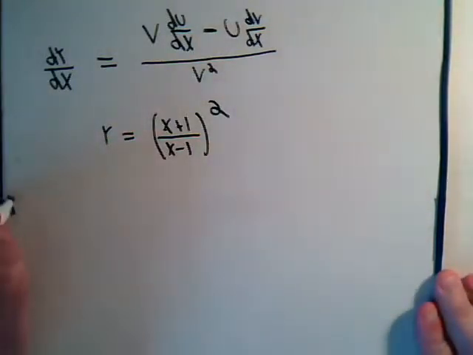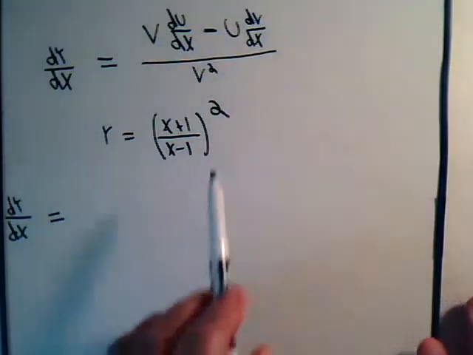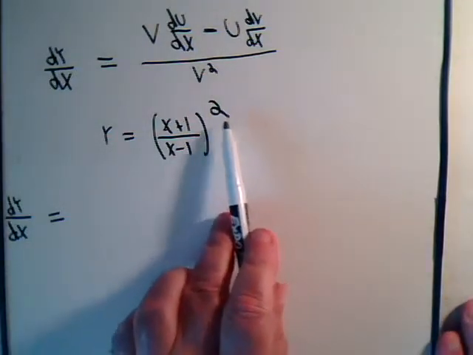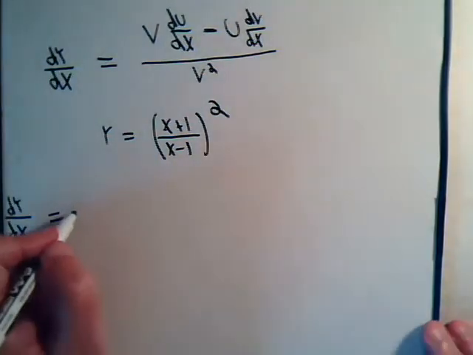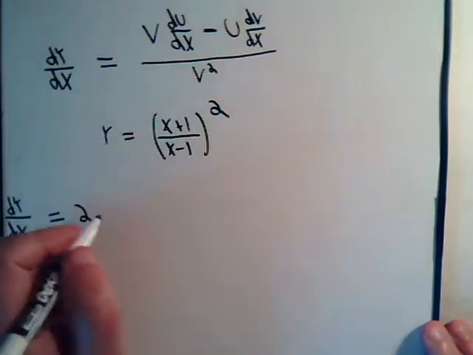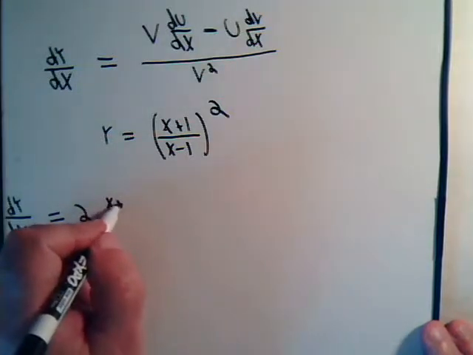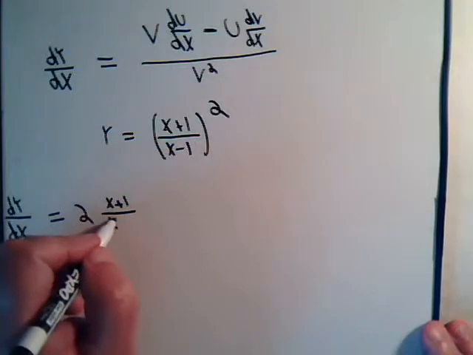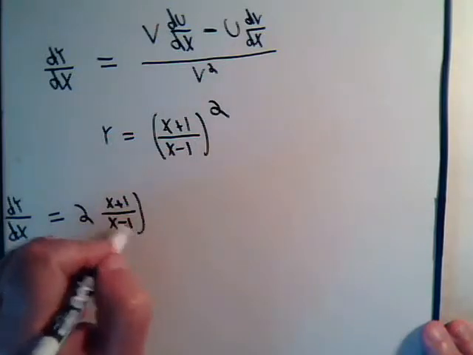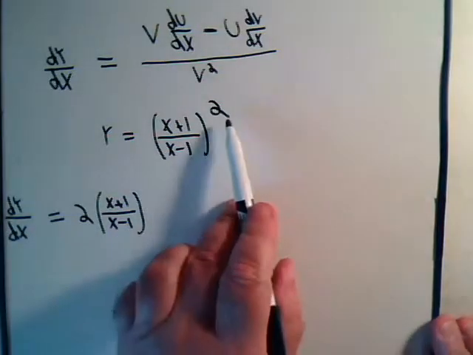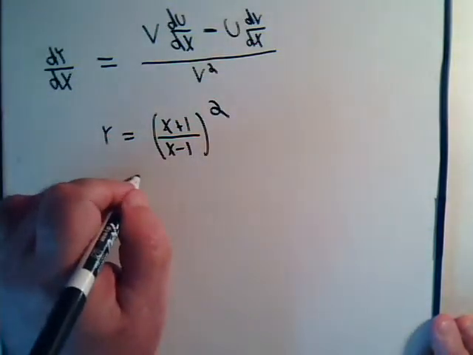So dy dx will equal, this is raised to a power, so we have to bring the 2 down. So we're going to have 2 times x plus 1 divided by x minus 1 to the 2 minus 1 power,